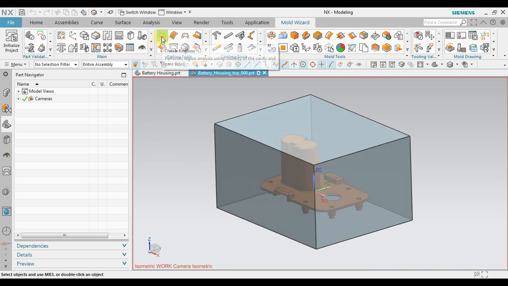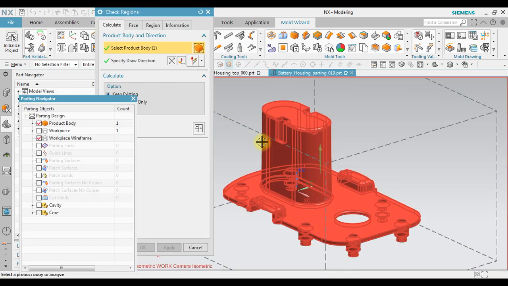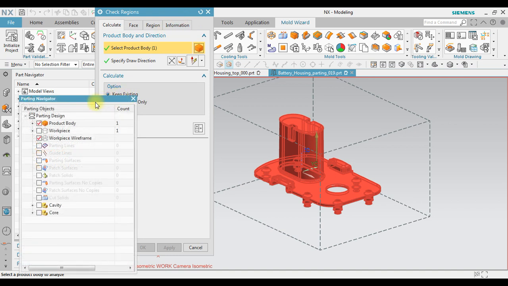Next we are going to check region. Notice in here we have a parting navigator. This is an important window, so we can show or hide the product body and the workpiece wireframe, and later when we create a parting surface or a patch surface, all are available in here.